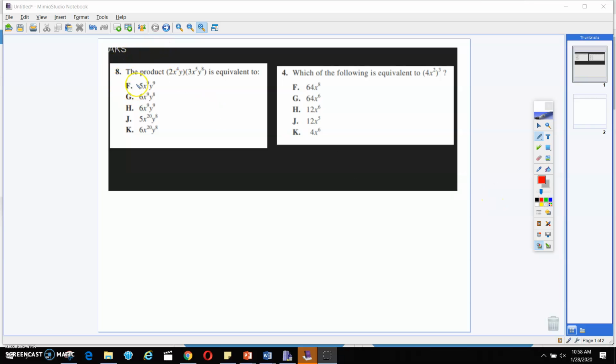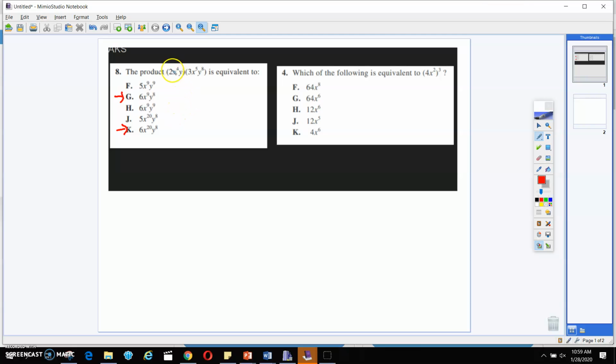All right, so on number 8, what did you come up with for the answer? Somebody said G. What else did you come up with? Somebody said F? No? What else did we come up with? Okay, so let's take a look at it because this type of problem